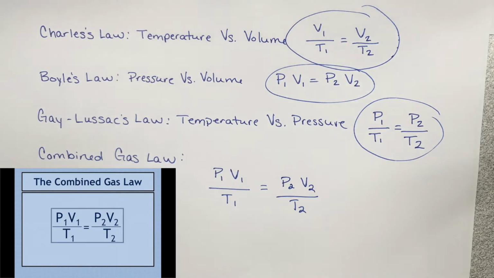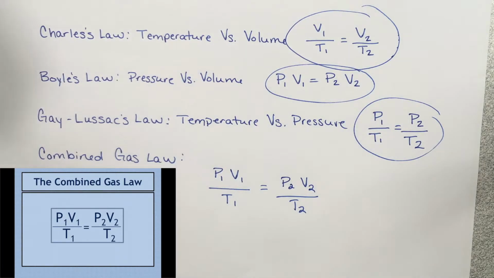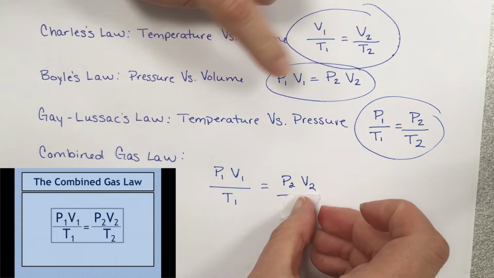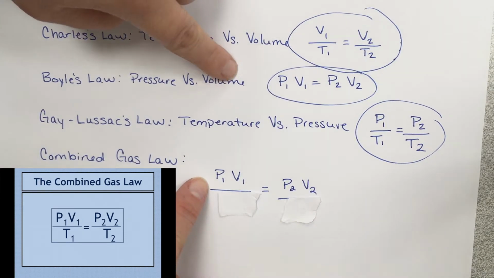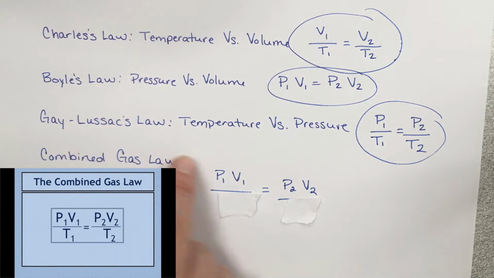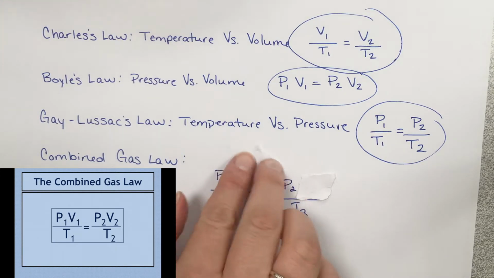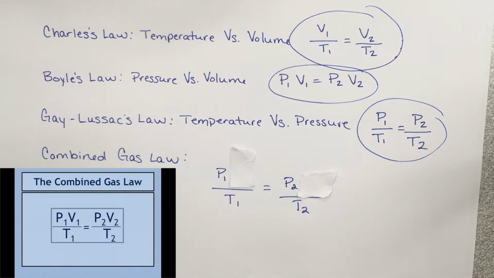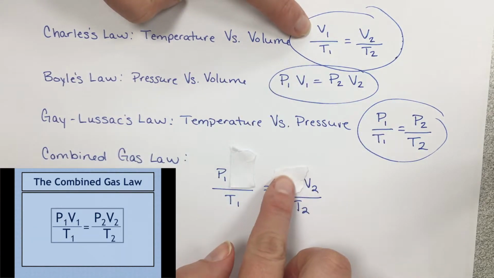So for example, let's say you need to recall Boyle's law, okay? His is pressure and volume. So just cover up temperature, and you'll notice that you actually have Boyle's law. Let's say you need Gay-Lussac, so just temperature and pressure. So you would actually take volume out of the equation, and you have P1, T1, P2, T2, just like that. And then again, if you needed Charles's law, you have temperature and volume. So all you do is take away the pressure,